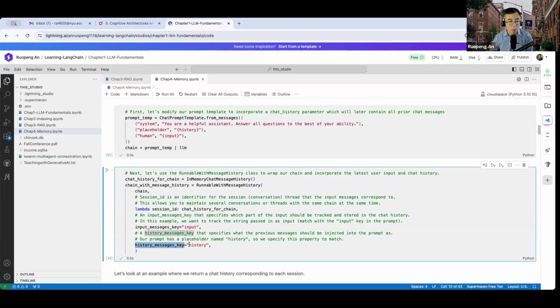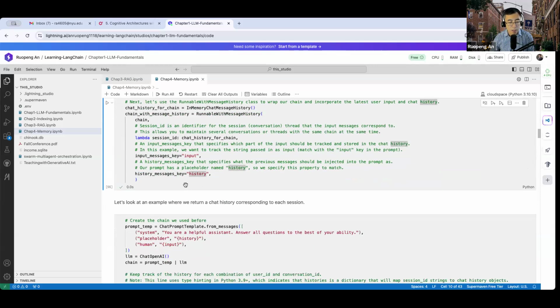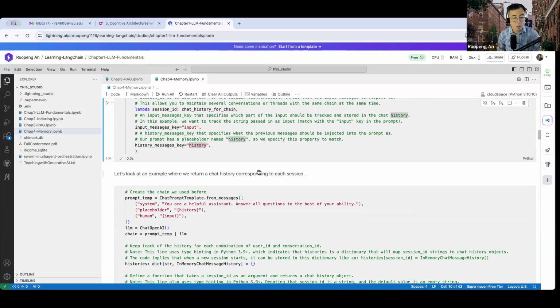And that should correspond to the history, which is called in the prompt template. So that is going to complete the runnable with message history class. So that initiates that class. And now you are ready to create